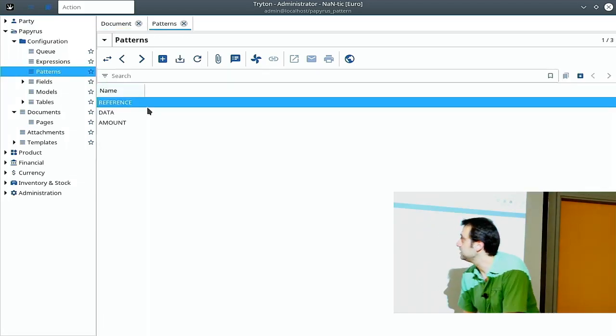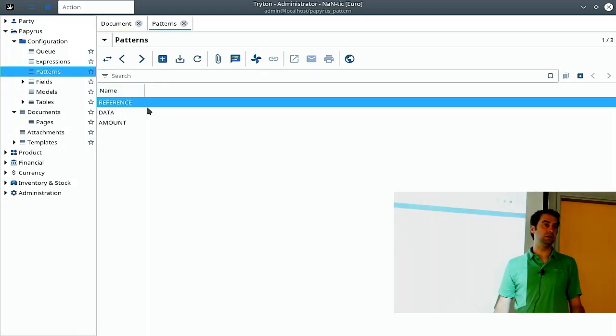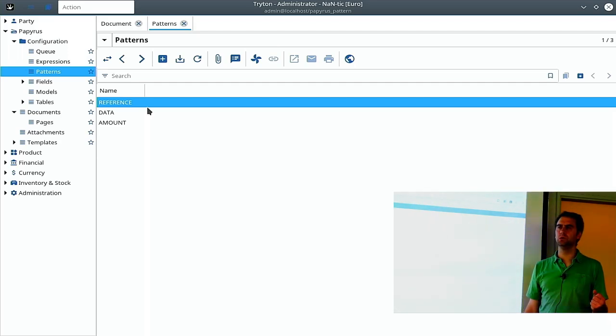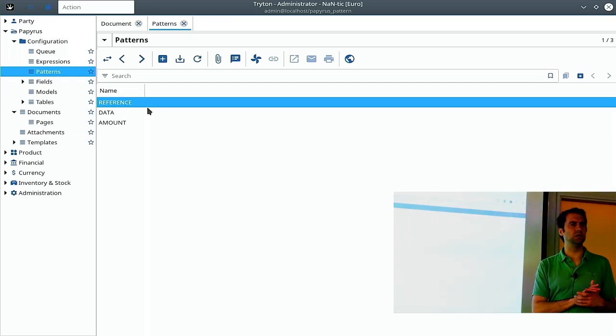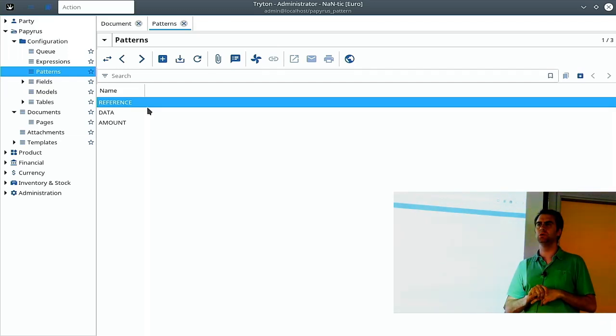In another place, we define patterns. I don't know if any of you knows Grok, G-R-O-K. It's a pattern matching library. It's very small. I think it was implemented in Ruby, maybe, or Java. I'm not sure. It's the library used in